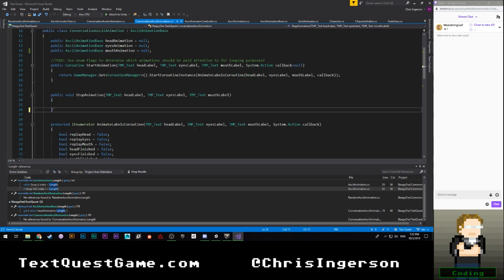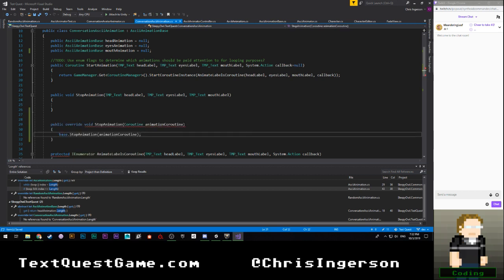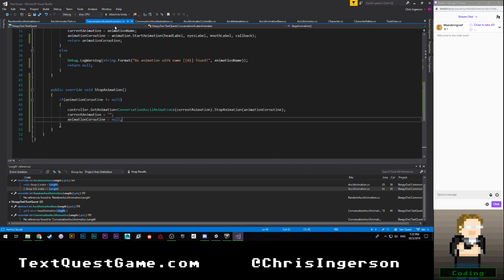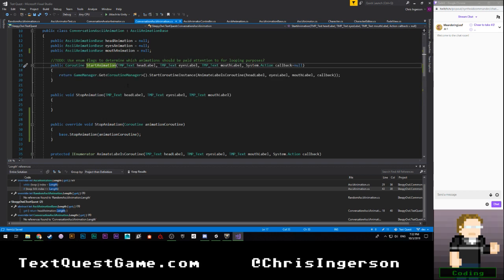So if we come back over to here, we can say override stop animation. Right. So we do need to do that because this is going to play, yep, with all those things, which is fun because that means, oh boy,